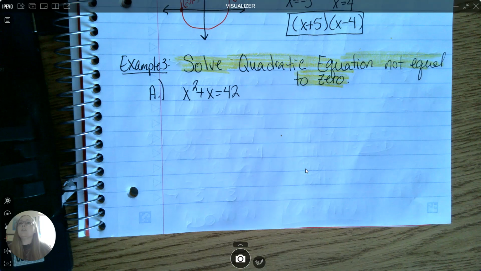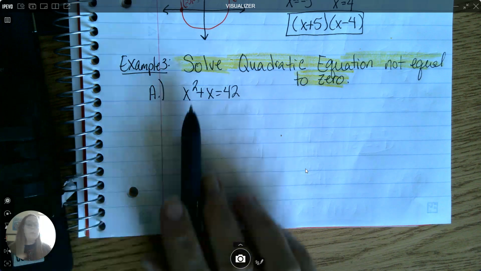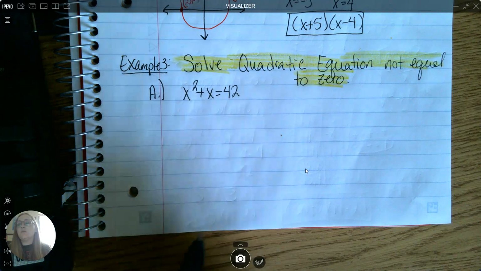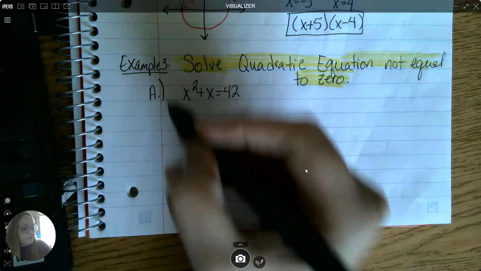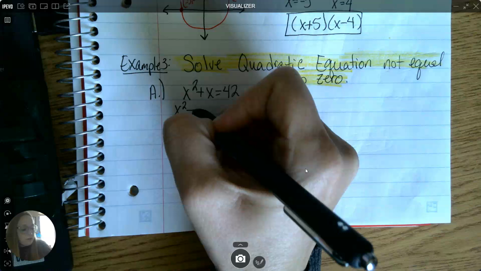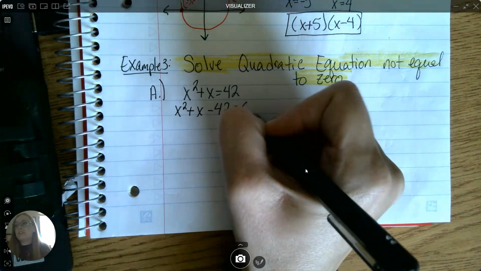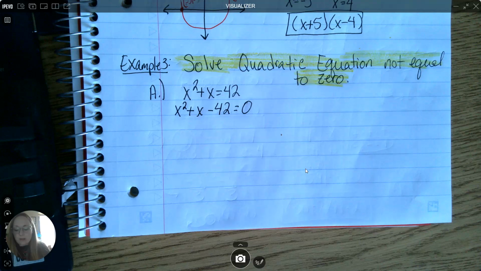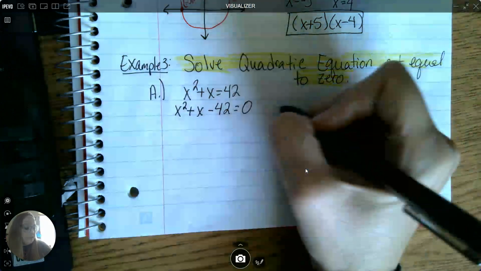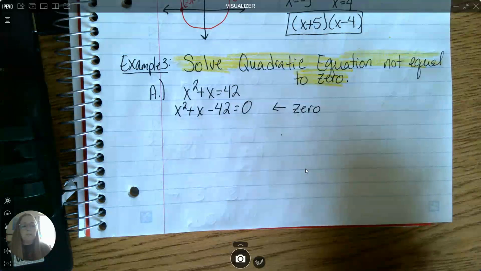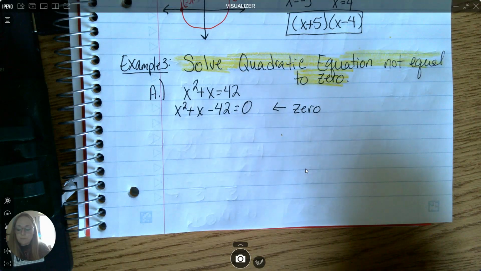Okay, the next example we're looking at is how to solve a quadratic equation that's not equal to 0. So you'll see here, we know it's quadratic, it has a 2 as the leading exponent, but it's not equal to 0. So what we do is we simply rearrange, bringing that 42 to the left by changing its sign. Now that we have it equal to 0, zeroed out, now we will use our zero product property